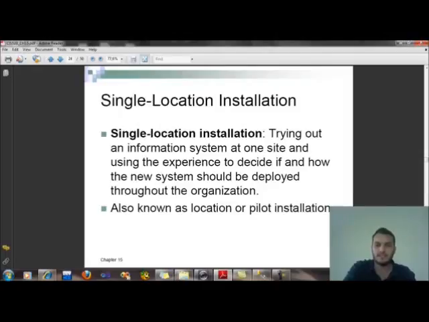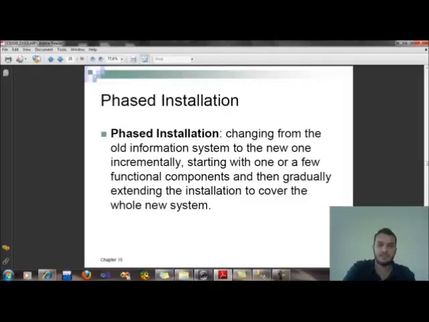And what's single location installation? Single location installation is trying out an information system at one site and using the experience to decide if and how the new system should be deployed throughout the organization, also known as location or pilot installation. And what's pieced installation? Pieced installation is changing from the